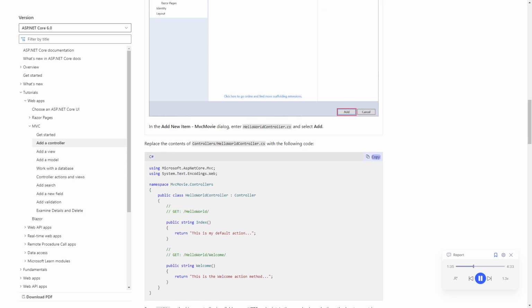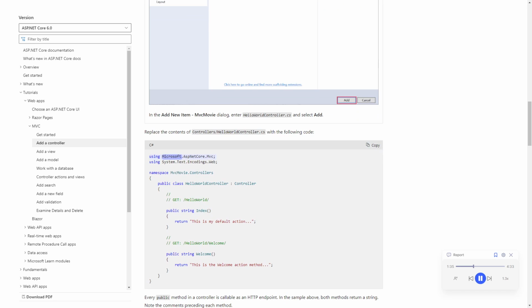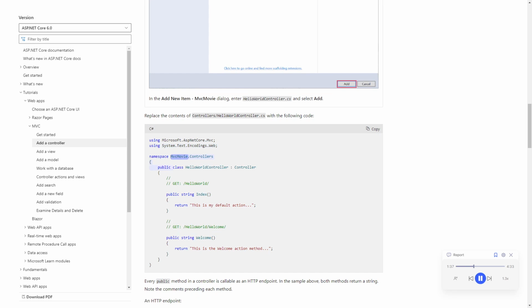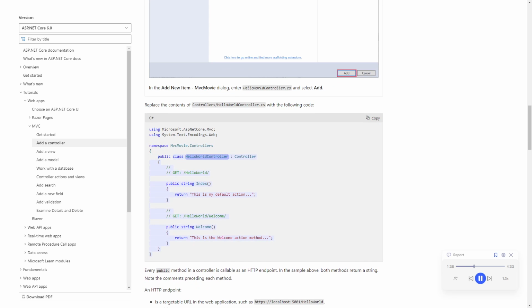C#. Using Microsoft.AspNetCore.Mvc; using System.Text.Encodings.Web; namespace MvcMovie.Controllers; public class HelloWorldController : Controller. // GET: /HelloWorld/ public string Index() { return "This is my default action..."; } // GET: /HelloWorld/Welcome/ public string Welcome() { return "This is the Welcome action method..."; }